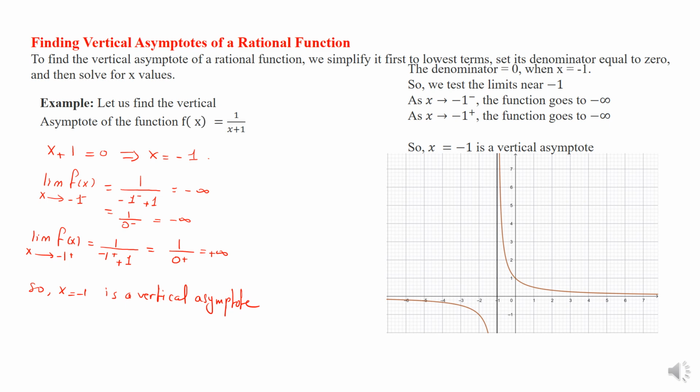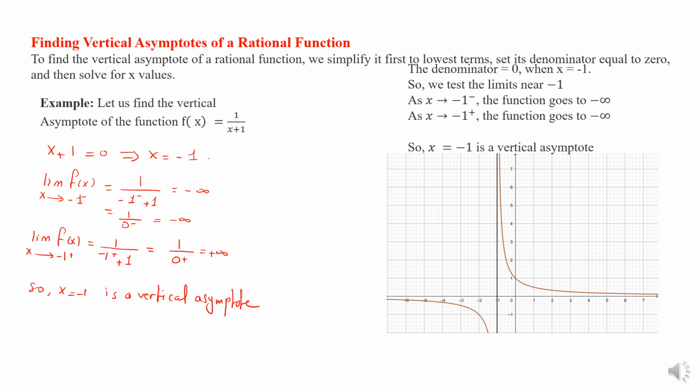As x tends to minus 1 plus, so from the right side, f of x tends to plus infinity. It approaches x equals minus 1 but does not touch it. As x tends to negative 1 minus, f of x tends to negative infinity, approaching the asymptote